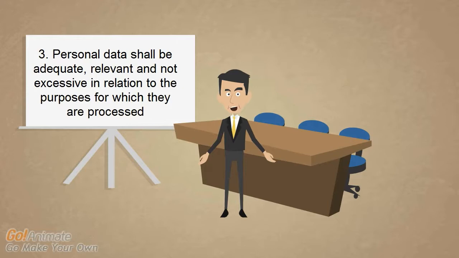The third principle is behind me. Make a note of it. What do you think we can or cannot do with the data which we have, or try to obtain? That's right, we must only obtain information which can help us collect the debt. Shoe size, for example, is not required.